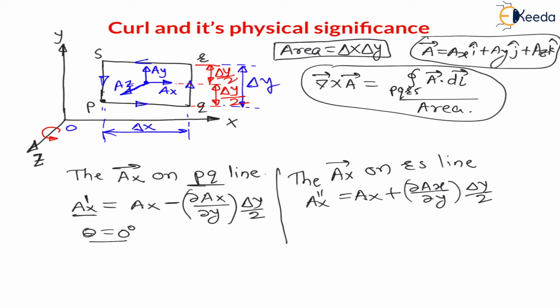But my dear students, let us understand theta. What will be theta? See, AX is going towards right and R to S we are going towards left. AX towards right, RS towards left, and the angle between this AX double dash on the right side and this RS will be 180 degree. Therefore, here theta will be 180 degree. This understanding you must have.